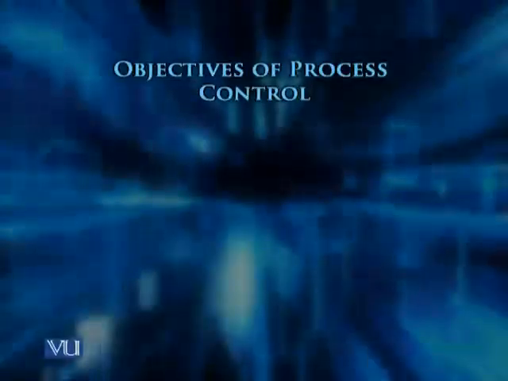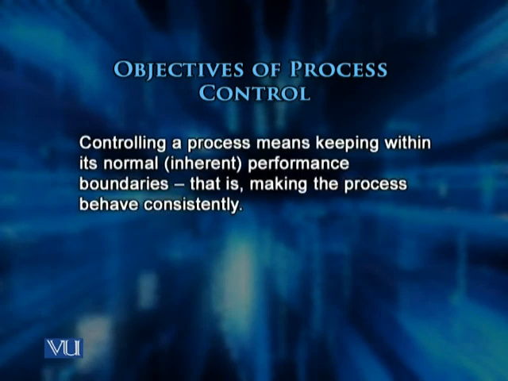The next important step जो कि आपने उस डायग्राम में भी देखा था, वो था प्रोसेस को कंट्रोल कैसे किया जाए, या प्रोसेस को कंट्रोल करने से क्या मुराद है। प्रोसेसेस को कंट्रोल करना इम्पॉर्टेंट है, क्योंकि controlling a process means keeping them within a normal and inherent performance boundaries. That is making the process behave consistently. किसी भी प्रोसेस की सक्सेस इसमें है कि उसको आप कंसिस्टेंटली एग्जीक्यूट कर सकें। प्रोसेस डिफाइन ही इसलिए किया जाता है कि स्टाफ की जो प्रोडक्टिविटी है वो कंसिस्टेंट रहे।